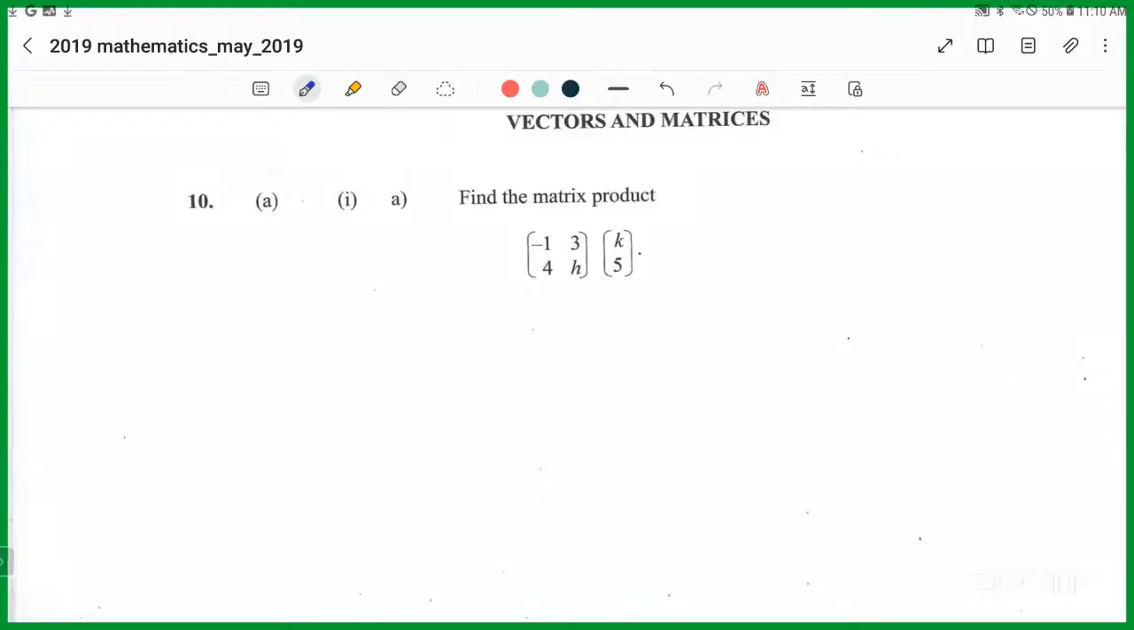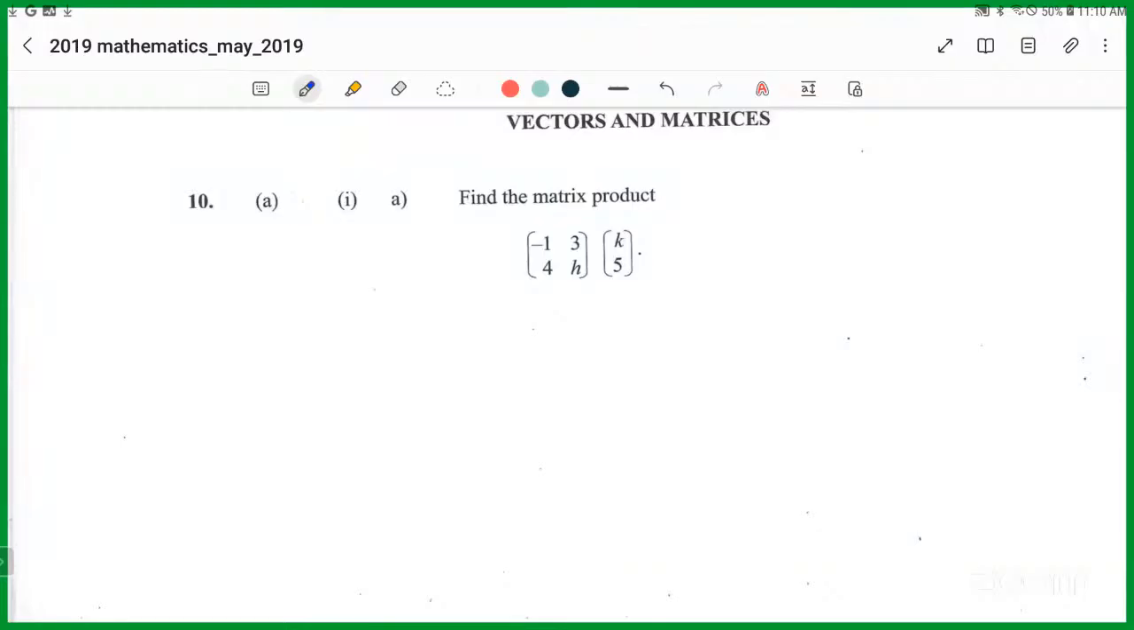Starting a new topic tomorrow, transformation. And you'll see in that topic that you need to know matrices in order to do transformation. We'll see that from tomorrow. It's going to be fun. All right, so this first question here is on the May-June 2019 exam paper,